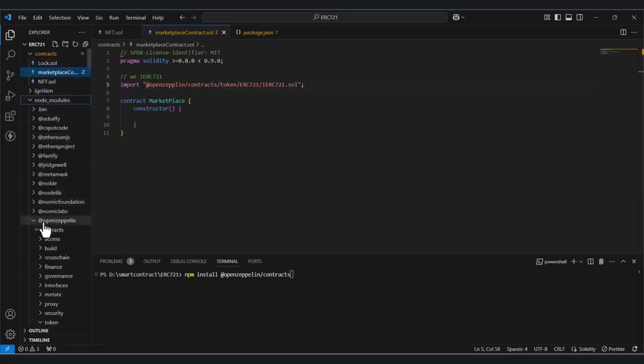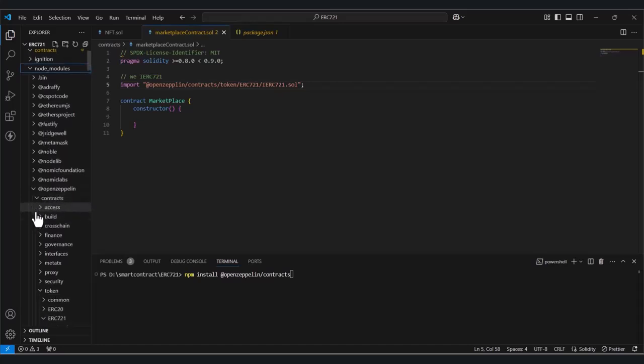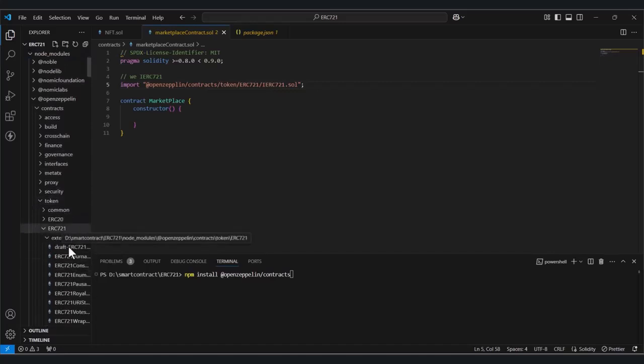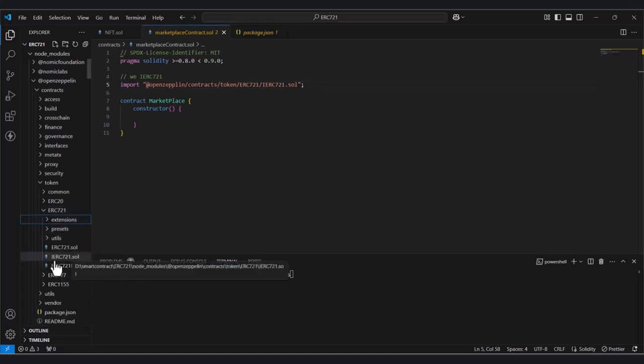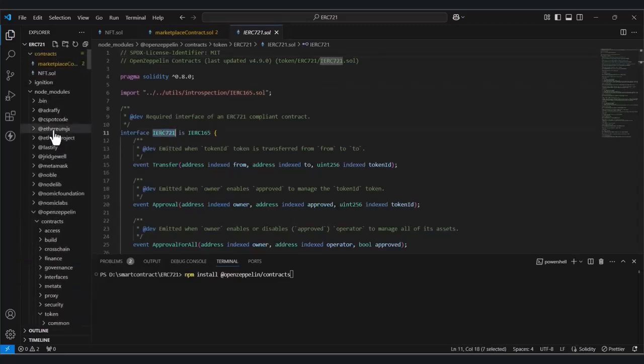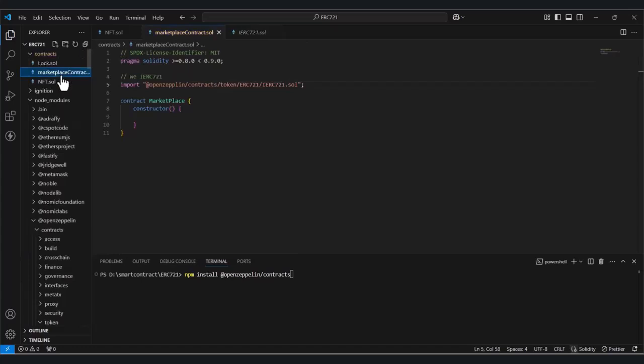After that, you come to this OpenZeppelin, and inside this OpenZeppelin there is a contracts folder. After that, you come to this token, and inside this ERC721 there is this IERC721 token. So by importing this IERC721 token interface inside this marketplace, we can get access to interact with these ERC721 tokens